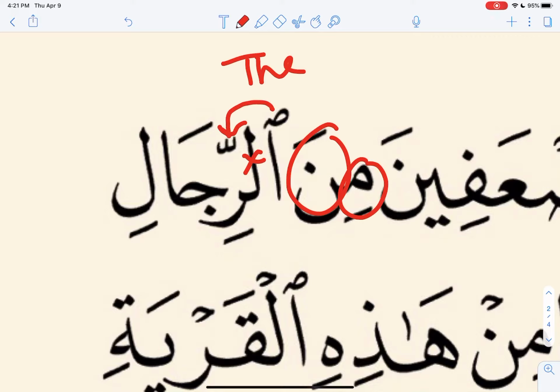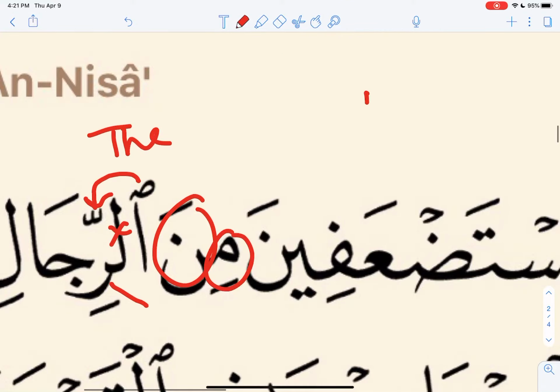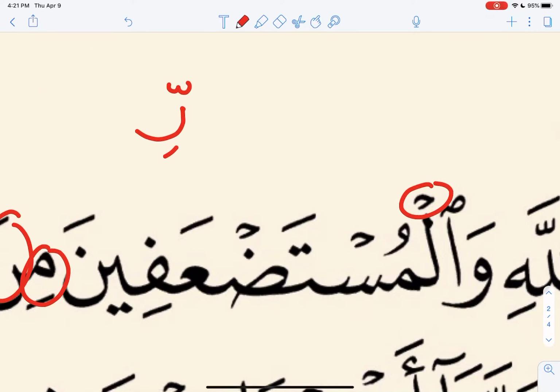That has a shadda on it. I know these things we didn't cover yet, so don't worry about them. We're going to cover them, but I'm just going to say them anyway. What does that little W mean? That W means you take this letter, which is the Ra, bring it up here. You take that letter, that is the Ra, and what that actually means, that shadda, is that you have,